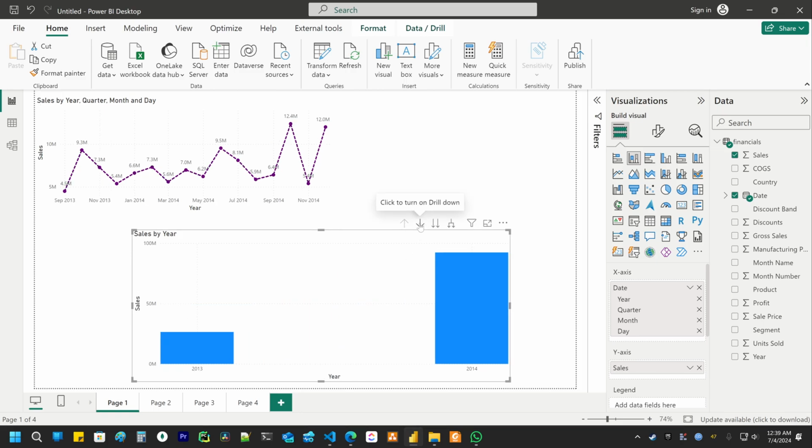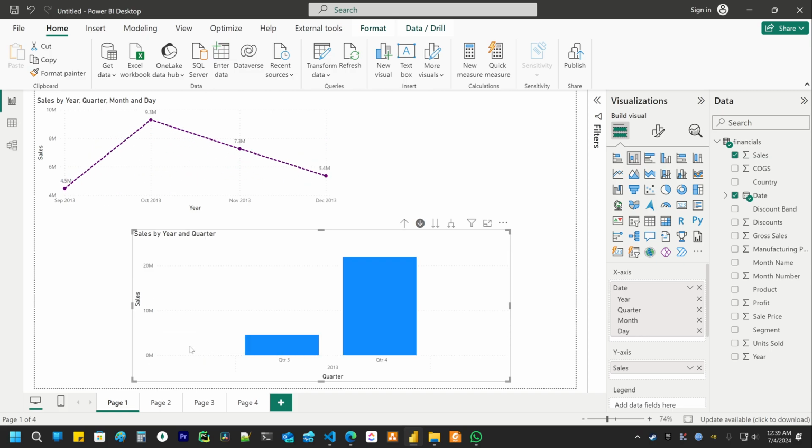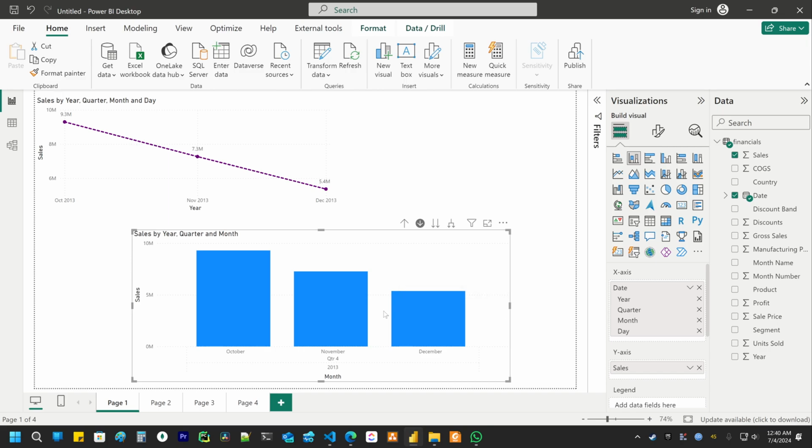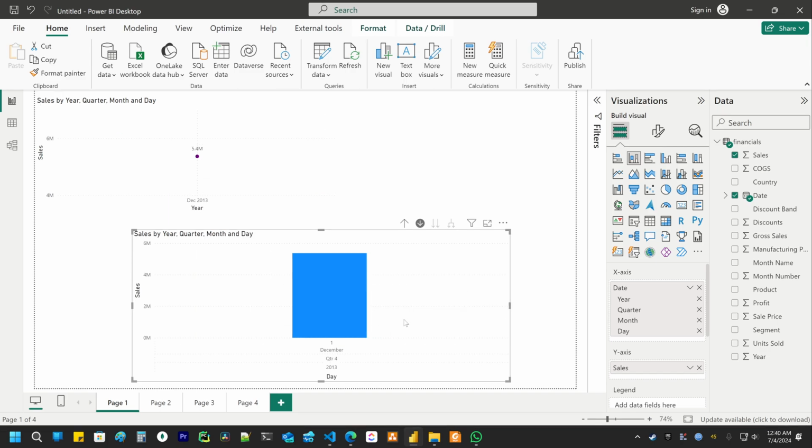So this option, click to turn on drill down, means that when you click on a column, you will go down in the hierarchy. For example, we want to see only 2013. Then we want to see only this one. Then December, etc. If you disable this option,